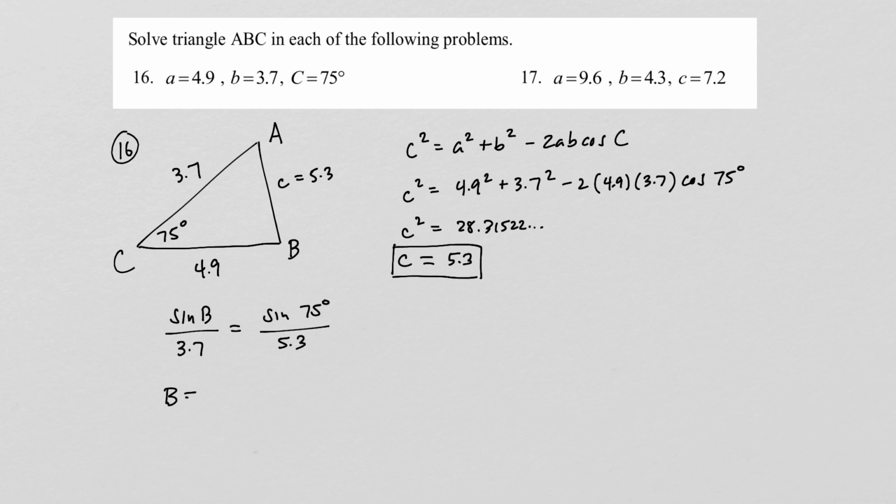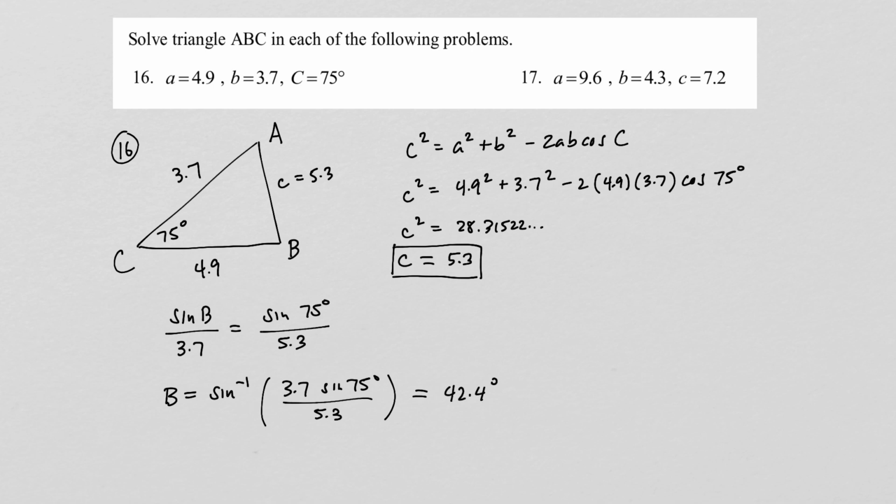And if we do the math on this, we will end up getting B is equal to the inverse sine of 3.7 sine of 75 divided by 5.3. And now we just need to plug that into a calculator. And when we do that, we should get